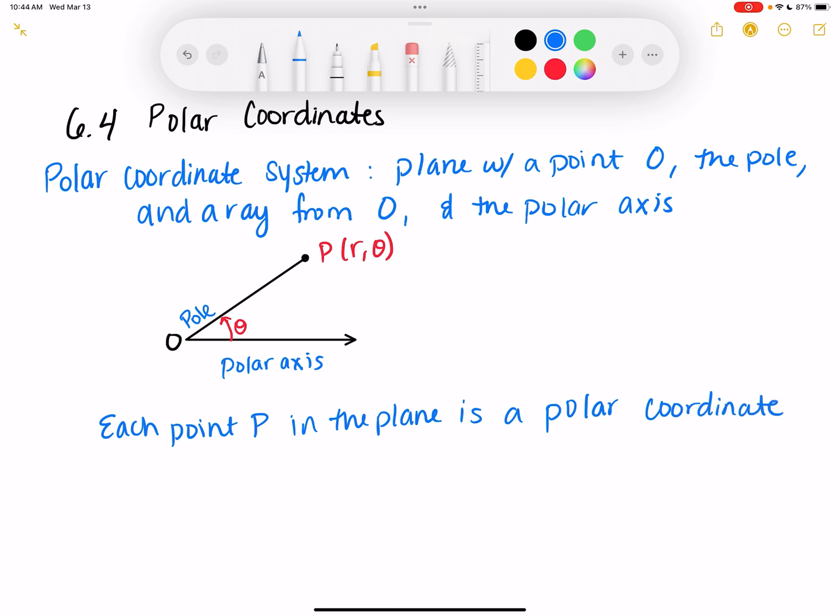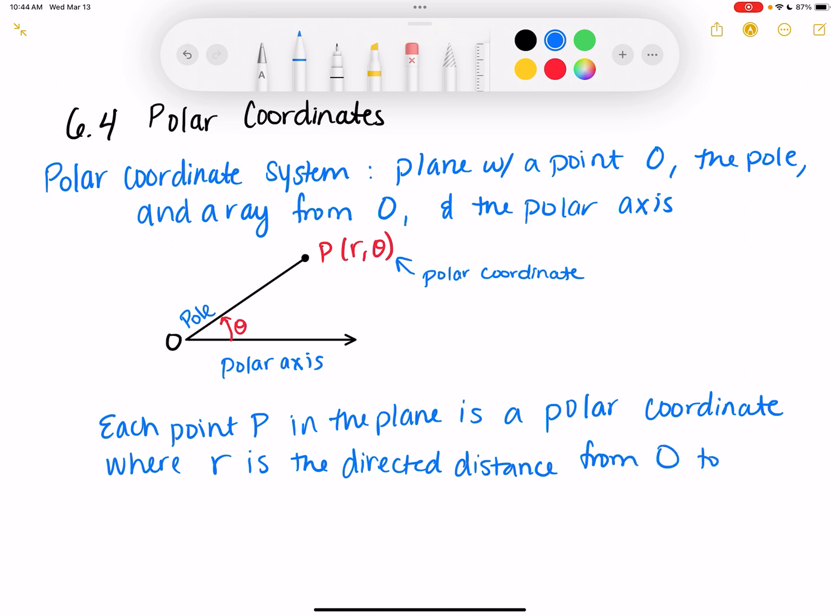So this right here is a polar coordinate, where r is the directed distance from O to P, and theta is the directed angle